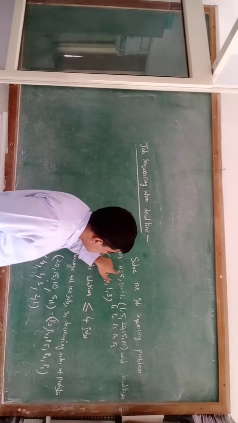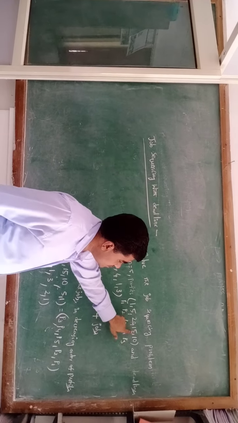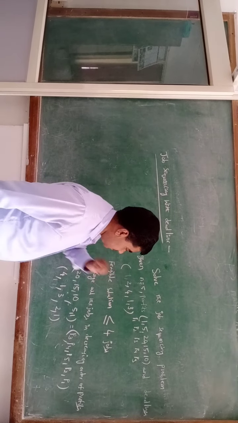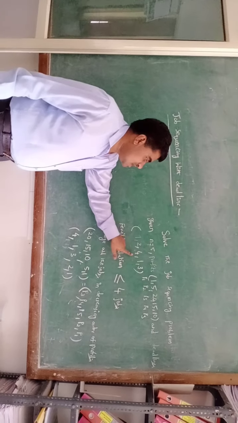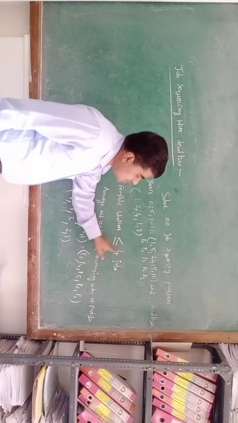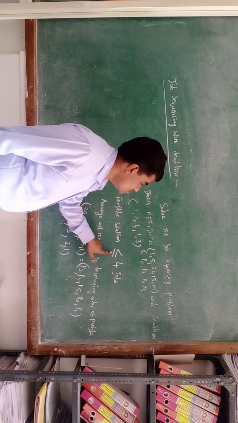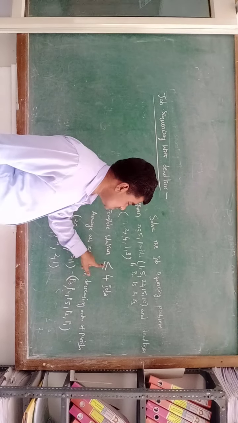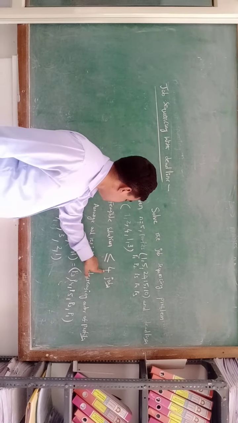N equal to 5 means the number of jobs is 5, profits are 1, 5, 20, 15, 10 and deadlines are 1, 2, 4, 1, 3. So here the maximum deadline is 4. Maximum deadline 4 means a feasible solution consists of at most 4 jobs. Why less than or equal to 4 jobs? Because sometimes 2 or 3 jobs may have the same deadline, so it is not possible to process all jobs. So less than or equal to 4 jobs.